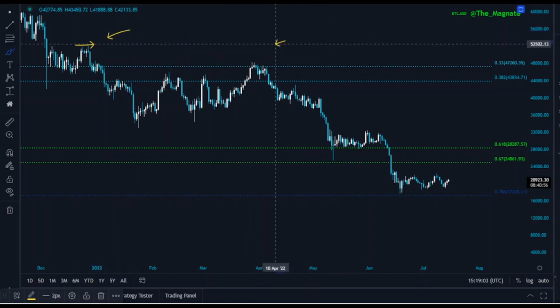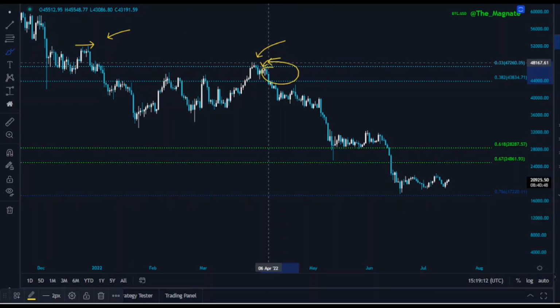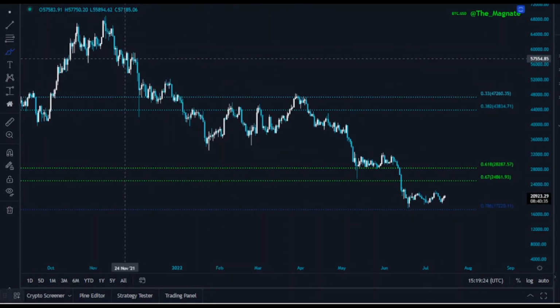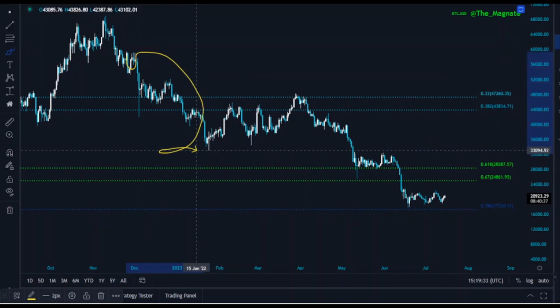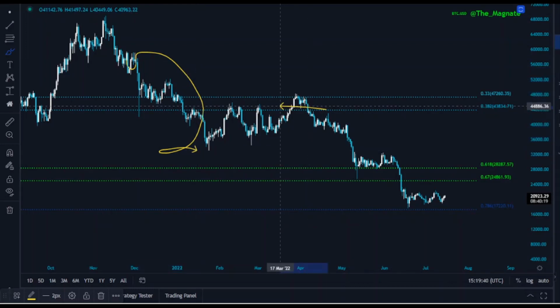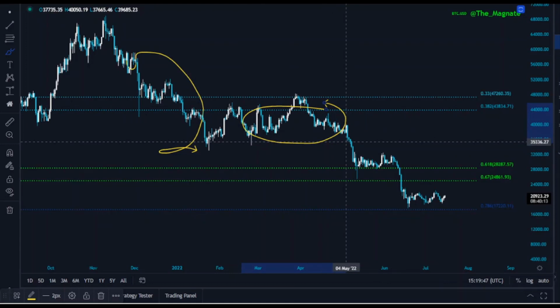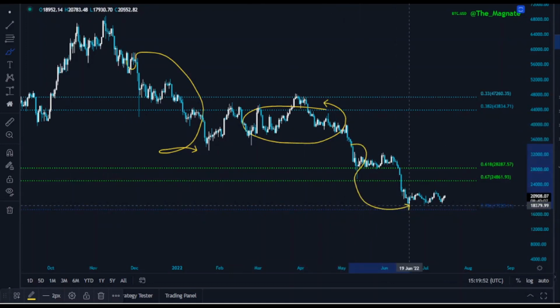First rejection, second rejection, we couldn't manage to break $48,000. We had an initial short setup based on a mid time frame. However, based on the daily time frame, once we lost $60,000, $59,500, that was an initial short setup all the way down to $33,000, where we had a strong support. And then we consolidated a bit in this region. And as soon as we lost the strong support, that was $32,000, $33,000, we saw a further dump all the way to